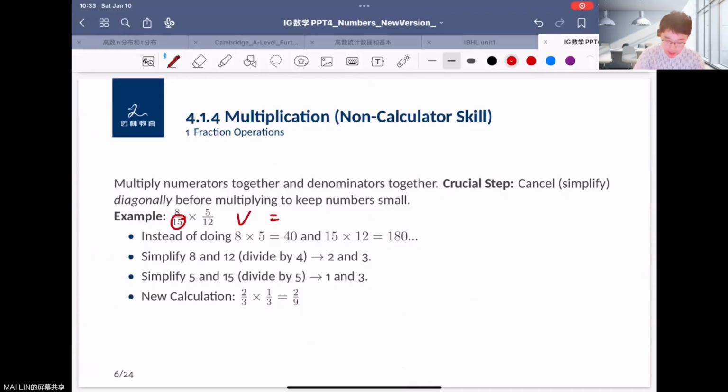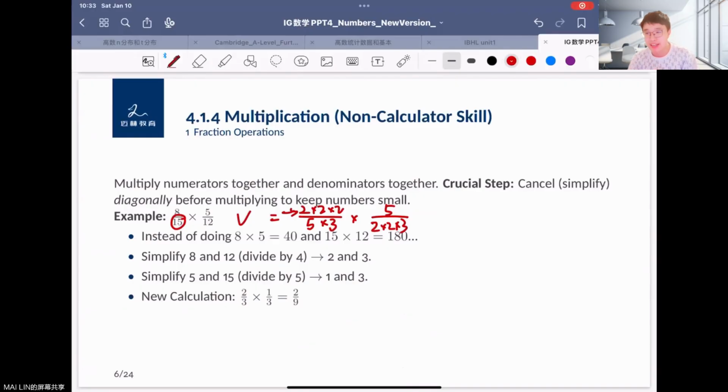So here the answer is 8 over 5 times 3, and here we have to times 5 over 12, right? And then you can also write down 8 equals 2 times 2 times 2, and 12 equals 2 times 2 times 3, right? So you can find there are some common factors between them. On the upper part you have 2 times 2, and on the lower part you have 2, 2, and you can both divide by 4